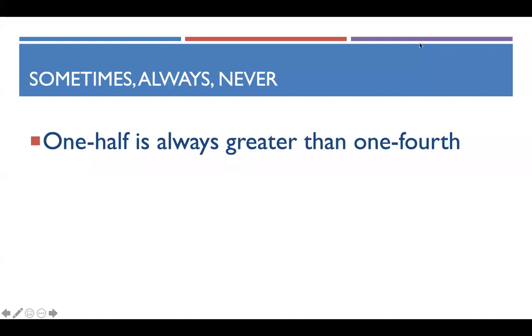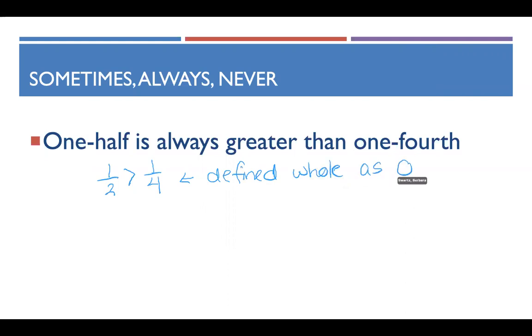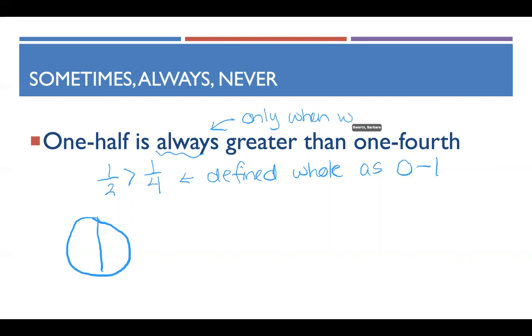This one is sometimes again. 1/2 is always greater than 1/4 as a number, right? 1/2 is greater than 1/4, but this is because these numbers are defined on the number line, defined whole from 0 to 1. The number 1 is our whole. However, if we don't define the whole, this idea of always or only when wholes are the same